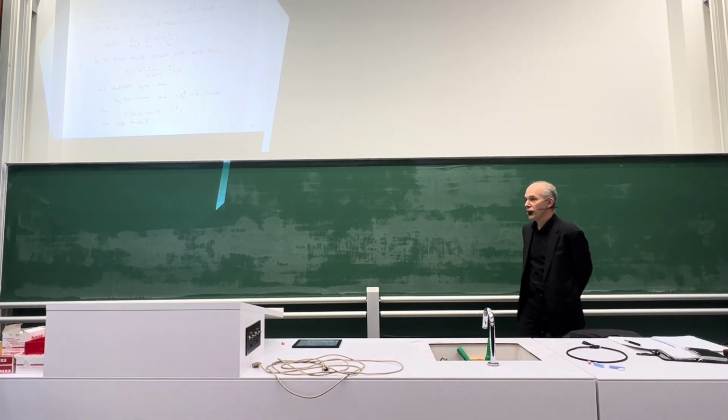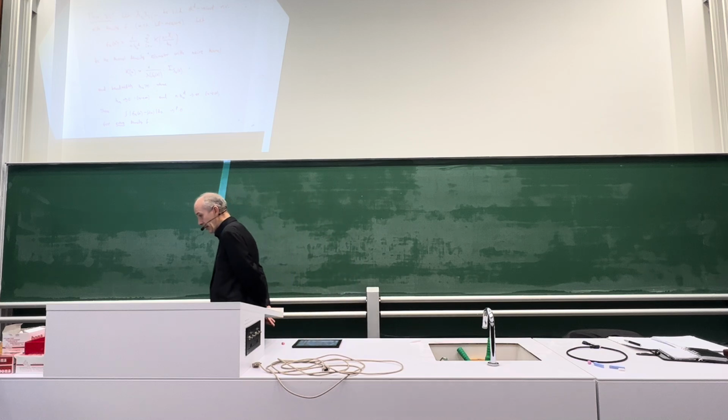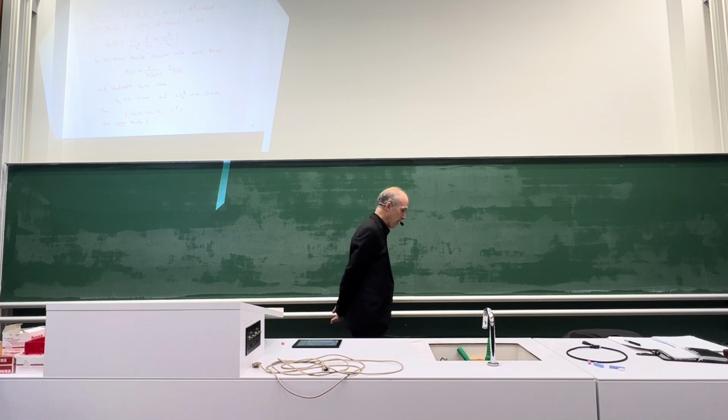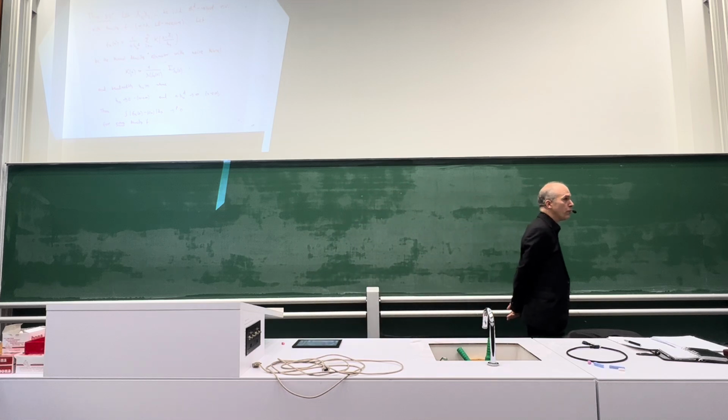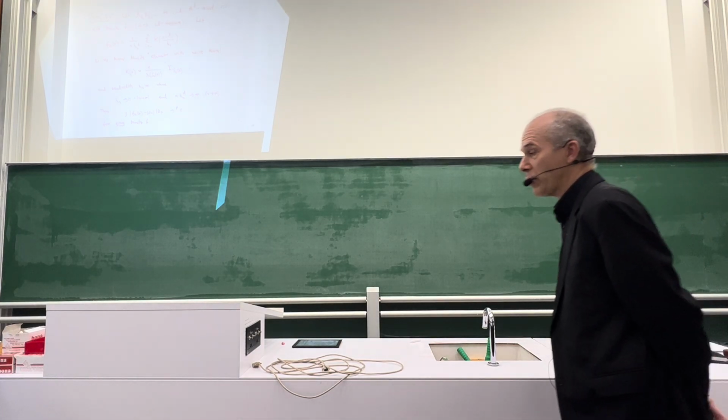I start with a repetition of what we did the last time. Last time we considered the kernel density estimator and showed the result about the weak universal consistency of this kernel density estimator. This was theorem 3.3.4, which you can see on the slide here.